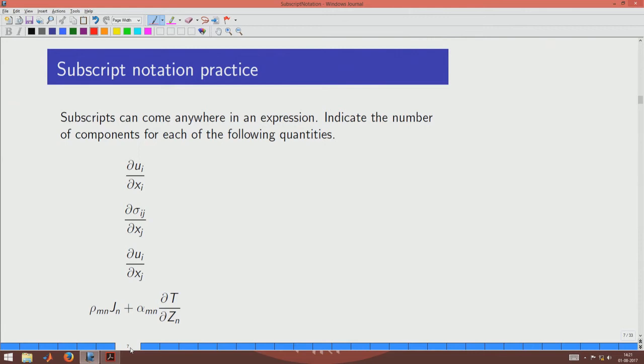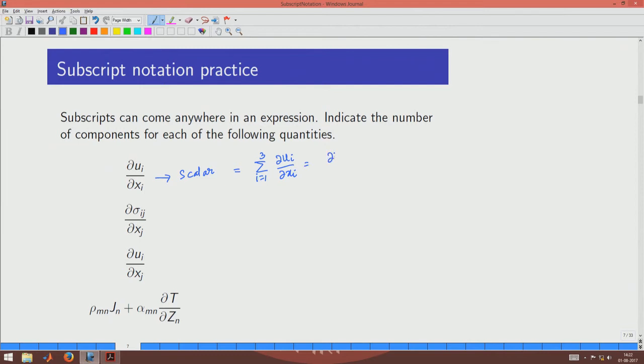So, here we can see that we are now making use of one more rule of the subscript notation, namely the subscripts can come anywhere. So, in this case we are getting the subscripts in the denominator. So, let us see what we meant by this expression. So, the first expression does not have any free subscript, both the indices are i. So, which means that this must be a scalar, and when we expand this, what we meant by this expression is nothing but this expression,